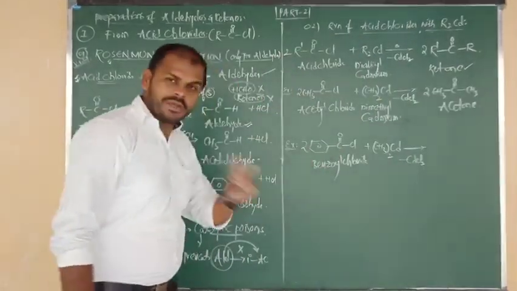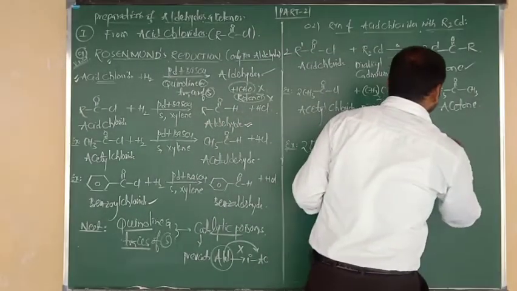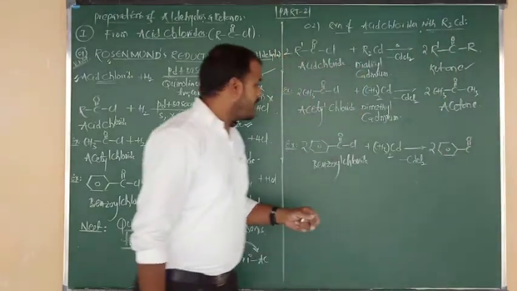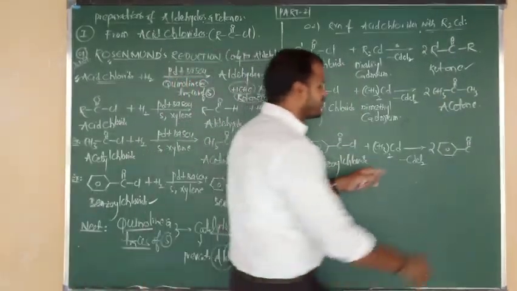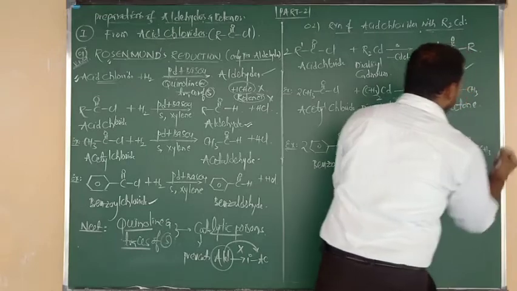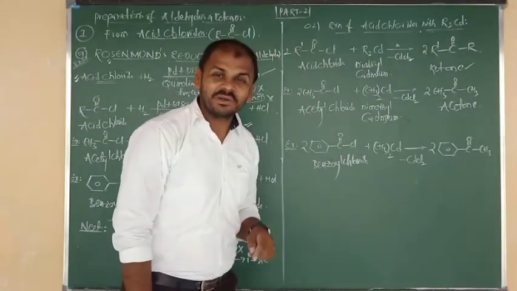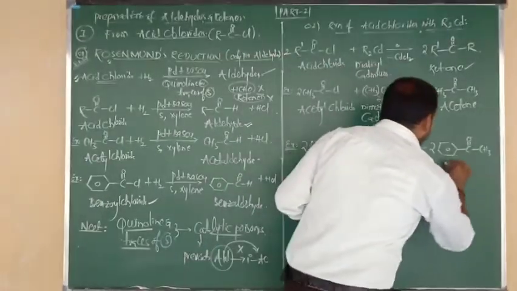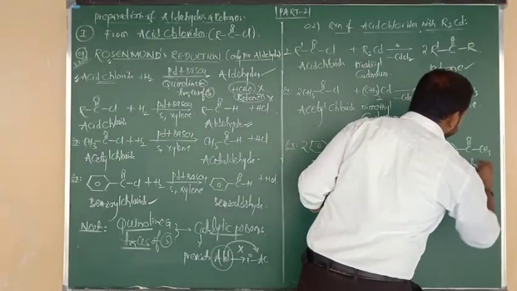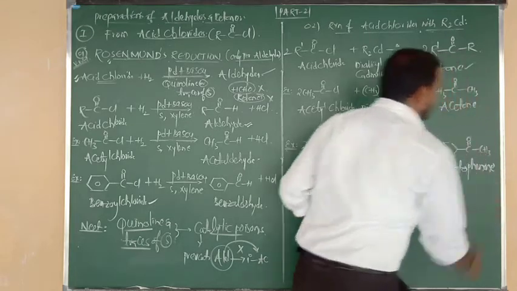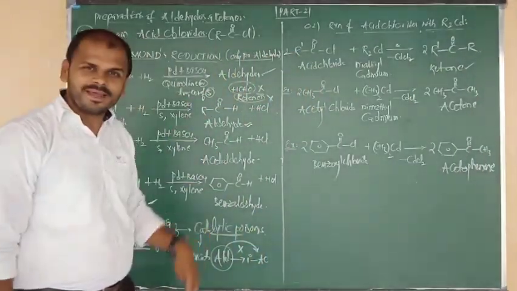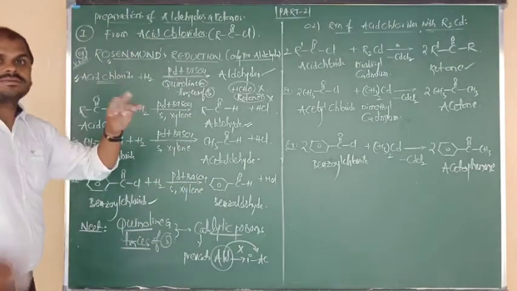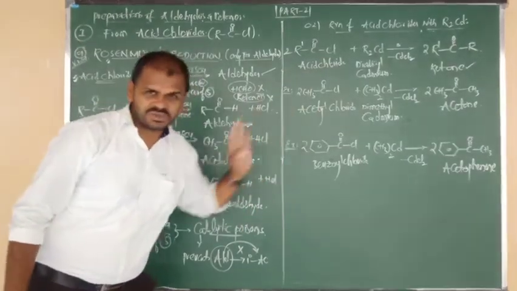Benzene C double bond O, how many groups are there? 2 groups are there. Good. Again CH3 taken twice, 2 alkyl groups are there. I hope you understand. Now what is the name of this compound? I hope you may know that. The name of this compound is called acetophenone. Yes, it is also an example of what, beta? Ketone. Okay, now beta. Good. So from acid halides, in today's class we have prepared aldehydes and ketones.